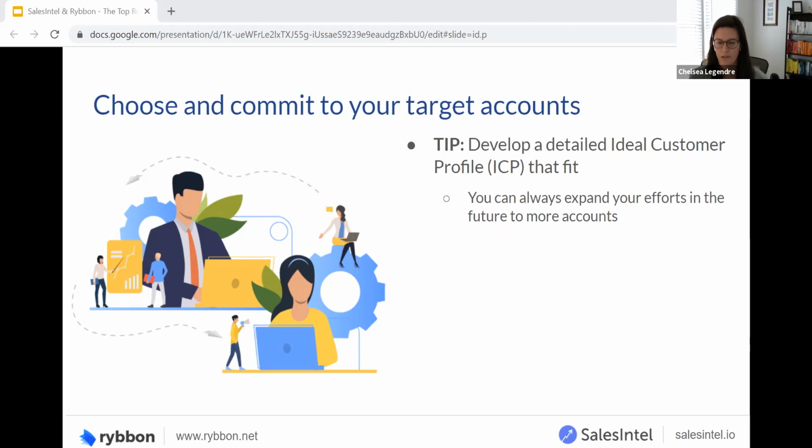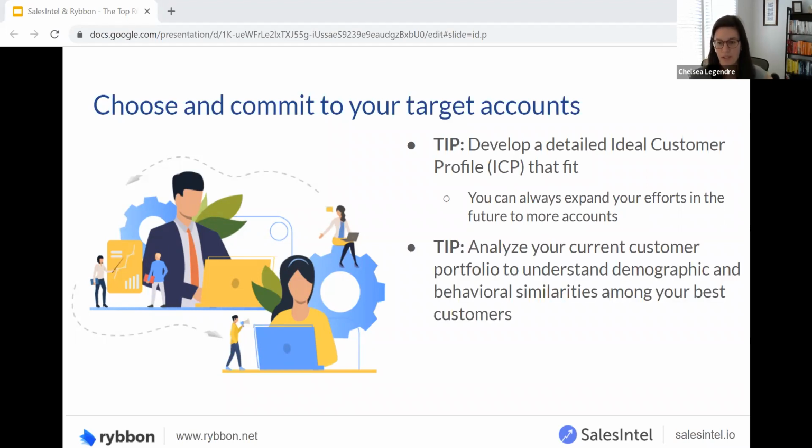You also need to remind yourself that ABM requires time to bear fruit, so you'll need to commit to winning these accounts. The results won't be immediate, so the importance of picking the right targets is even higher. If you choose the wrong targets, you could waste your time and your resources. And with ABM, we want to make sure we're going after the right ones right away.